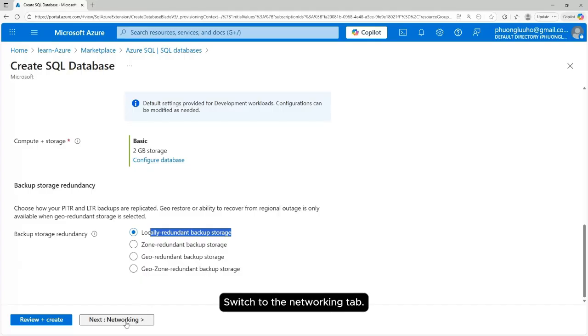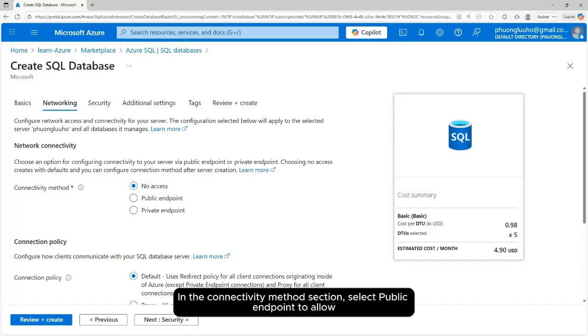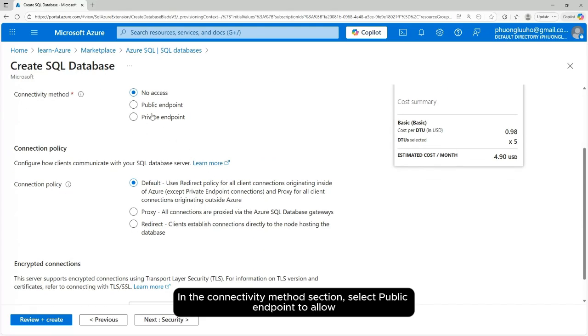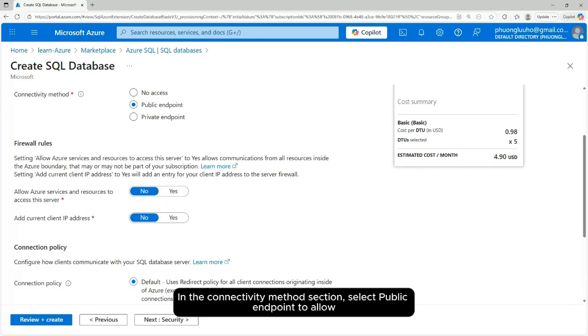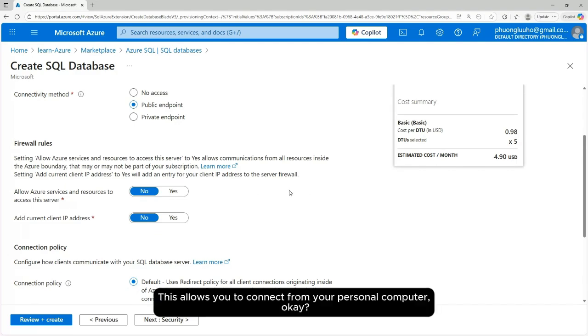Switch to the networking tab. In the connectivity method section, select public endpoint to allow public connections to the database. This allows you to connect from your personal computer. Okay.